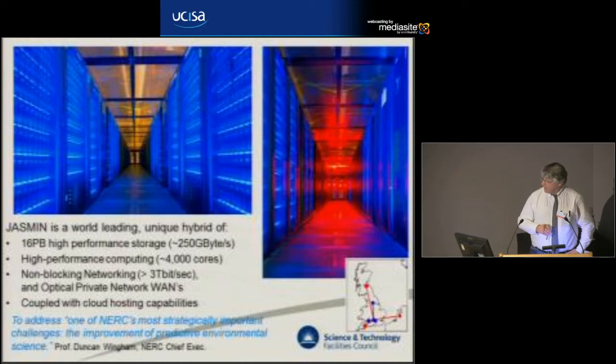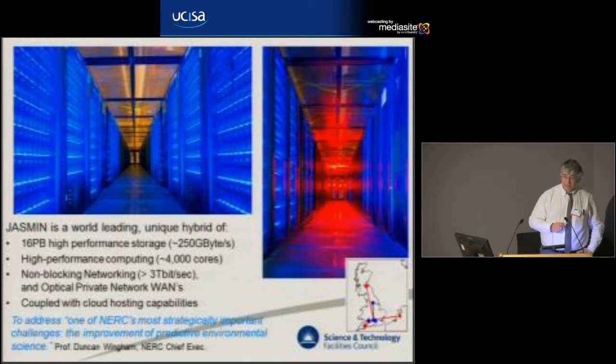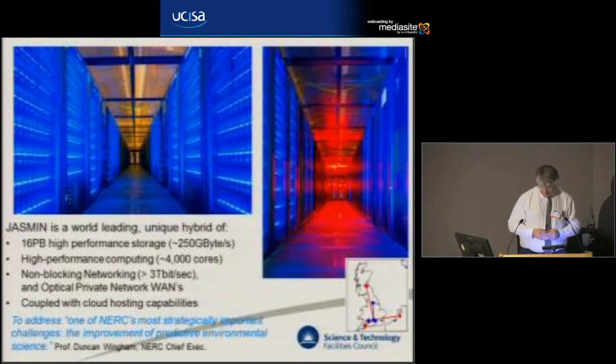And then we also have some cloud hosting capabilities. So this is to address all of NERC sciences. JASMIN is funded by the Natural Environment Research Council, and initially it was climate change and Earth observation, so satellite data. But now increasingly it's going into everything they do with NERC. That includes things like environmental genomics, studies of bugs in the environment, landslip data, all kinds of stuff that's going in. And obviously that data is coming in from lots of different places, and so we